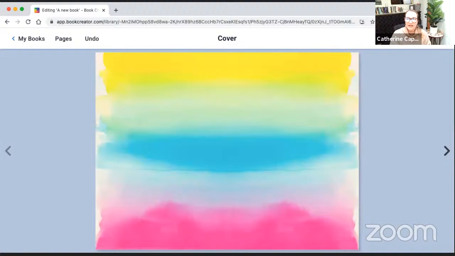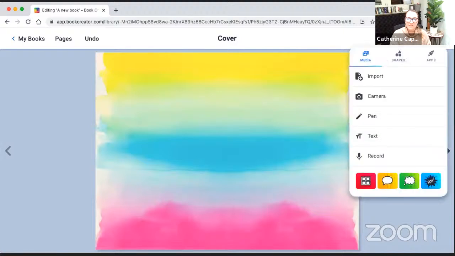Then under the plus sign, I have different categories to add into my page. I can add media to my page. I can add comic features to my page down here, and I can add shapes to my page. You're going to notice I have something called apps on here, which I did discuss earlier. Remember, apps are coming in January. I have it on here, but you're not going to have it till January. So get ready for those.